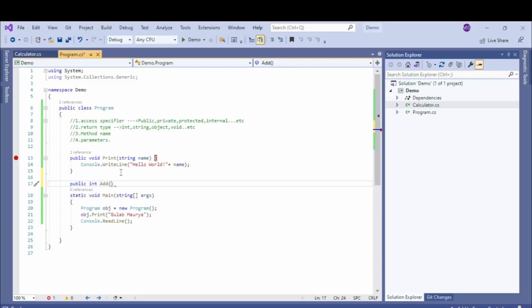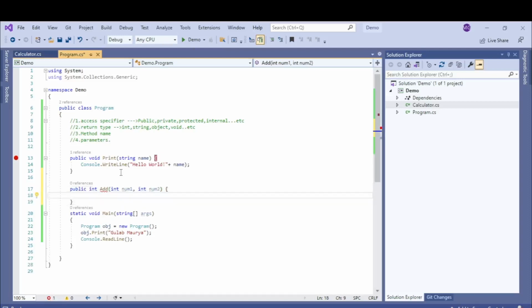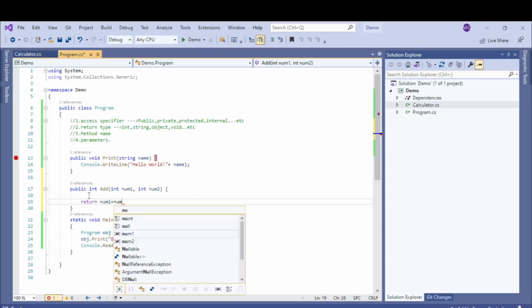Inside this I need to pass two numbers, int num1, comma, int num2. You may pass as many parameters as you want, depending on your need. Now you have written the return type as integer, hence you have to return the data. For returning data you have to write the return keyword and then your logic. I want to sum these two and then return the value.